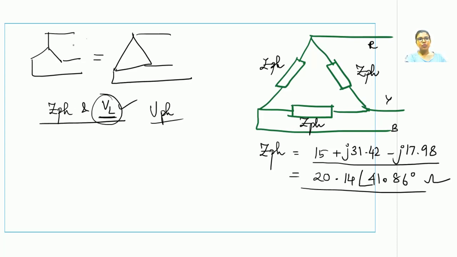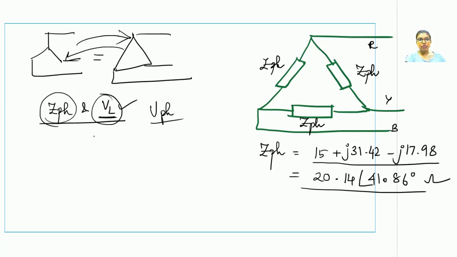But when we are changing the structure from star to delta or from delta to star, either way, there are only two things that would remain same. The first thing is, you are not going to do the star delta transformation. Only the structure is going to get changed and the value of Z phase shall remain the same. And the second thing is, the line voltage would remain the same. No other parameter would remain the same. And this I had told while deriving the expressions of power, that even though the expressions of power have come out to be same, the values will never come out to be same.